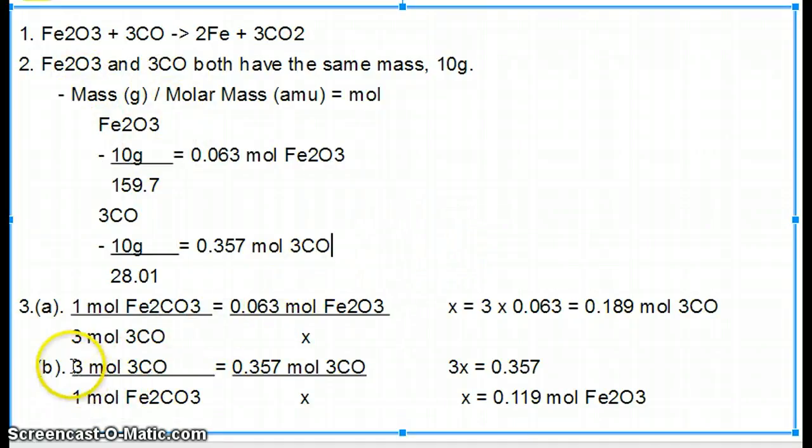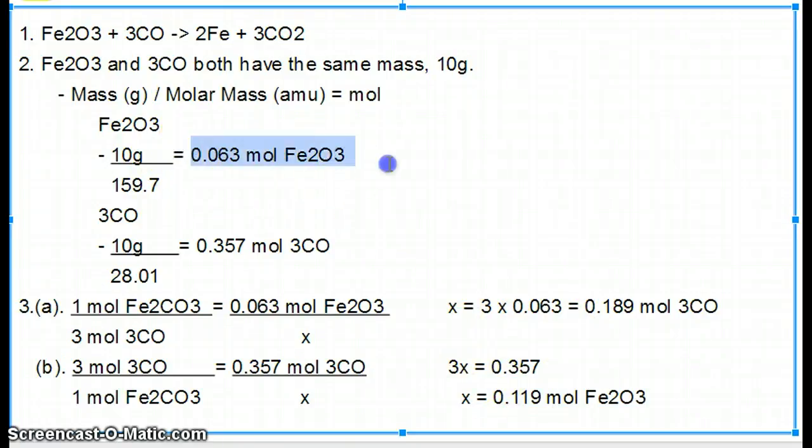Here for B, I did the exact opposite. So I used carbon monoxide instead of iron 3 oxide. So 3 over 1 and then 0.357 over X, and X is how much iron 3 oxide is needed if we use all of the moles of carbon monoxide. You cross multiply, simplify, and it becomes 0.119 moles of iron 3 oxide. So if we use all the moles of carbon monoxide, we will need 0.119 moles of iron 3 oxide. But this number is bigger than the amount we have, meaning that